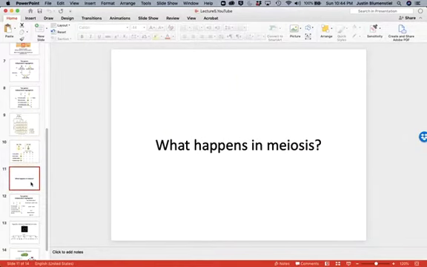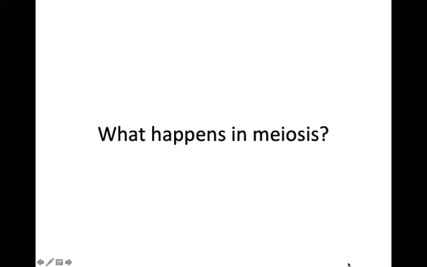Now, it's worth thinking about what happens in meiosis in this particular case. So just to walk through how that works, when you have an individual that is heterozygous for both, we're going to show here, and we're going to use a little bit of color. Let's see if we can get some holiday colors going here. Okay, good. All right. So with respect to green, I don't have yellow, but with respect to green,